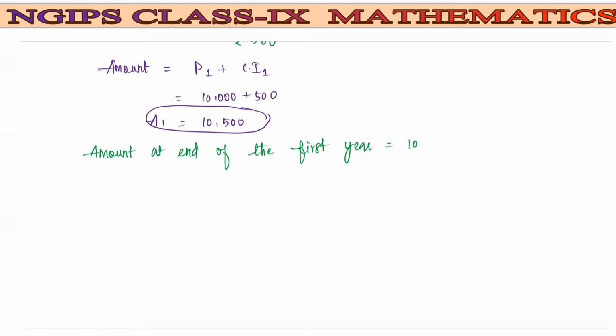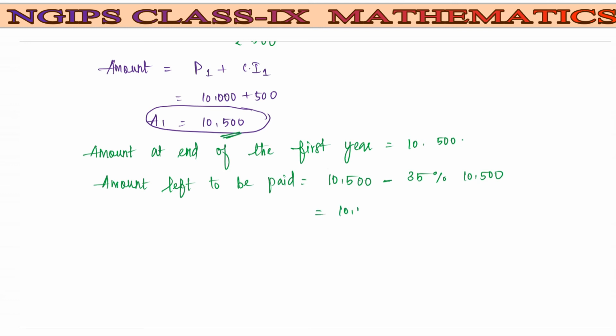We have here 10,000, this is the amount, right? So we need to calculate the amount left to be paid. Here we are going to take 35% from the total amount. So the total amount is 10,500. From this we are going to subtract 35% of 10,500 rupees. In this amount, 35% he is going to repay at the end of the first year.